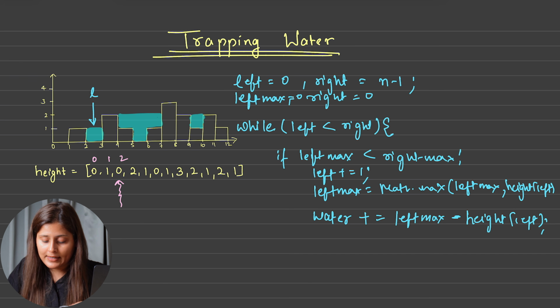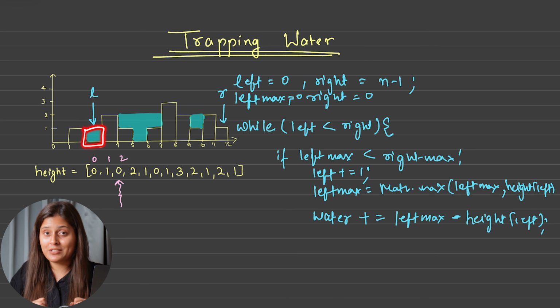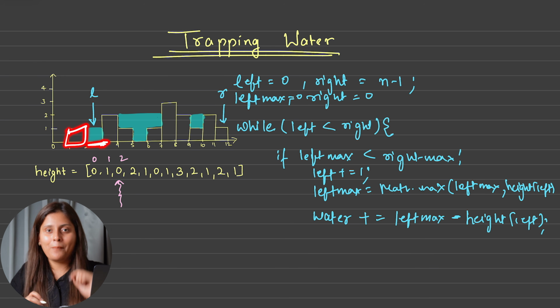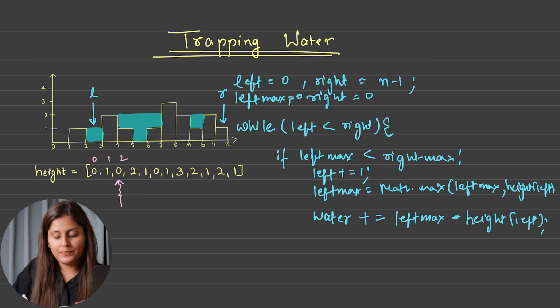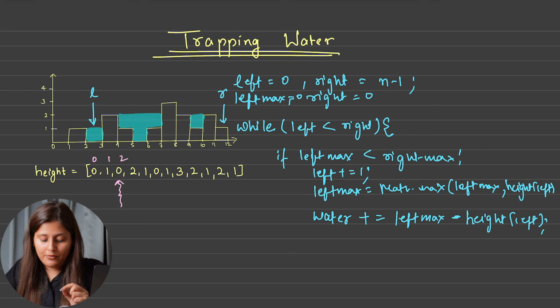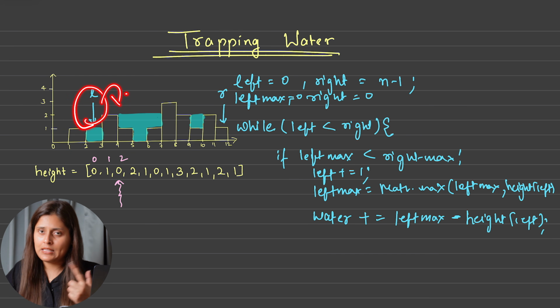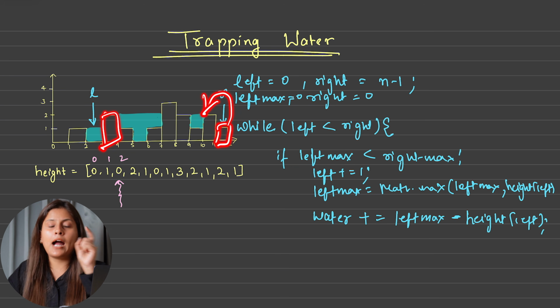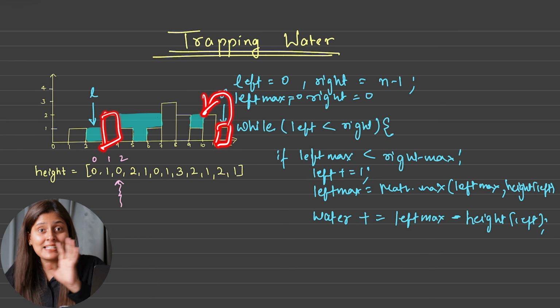And similarly, our right pointer will point to this index only. Now our task is to calculate water for this block. How can we calculate water for this block? Of course, the maximum till now is nothing but 1 only. And we will subtract the block present at this index, and we have no block present here. So hence 1 minus 0, 1 water will be present. Correct? Now similarly, we will again move this left pointer ahead because left is smaller. But you can see after this, right will get smaller and we have to move right ahead. So if we are moving right ahead, our task is to calculate water from the right side as well.